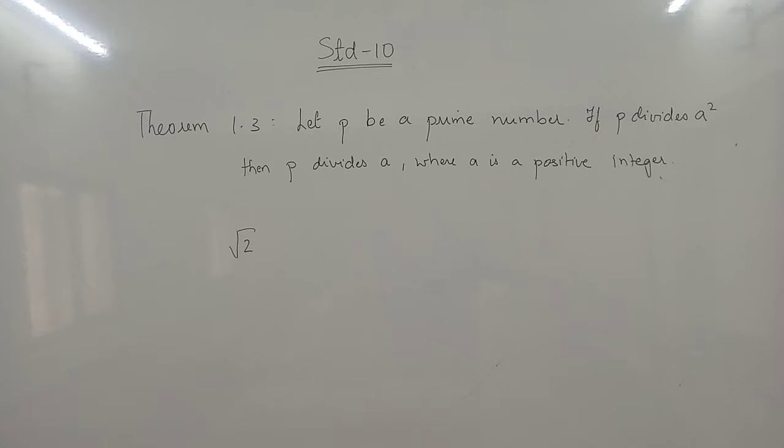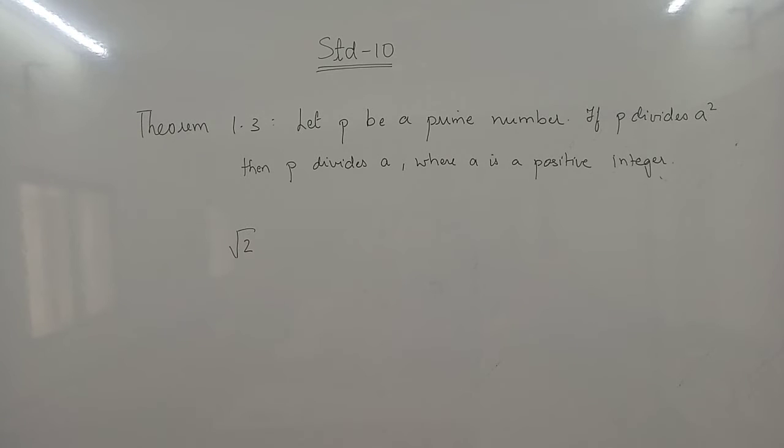So in the 9th we learned that root 2 is an irrational number because when we convert it into decimal form by the square root method, the division method, we get a non-terminating, non-recurring decimal, right? So we had in the 9th accepted that root 2 is an irrational number. Now here we are going to prove that root 2 is an irrational number and can never be expressed in the form p by q. And how will we do that?